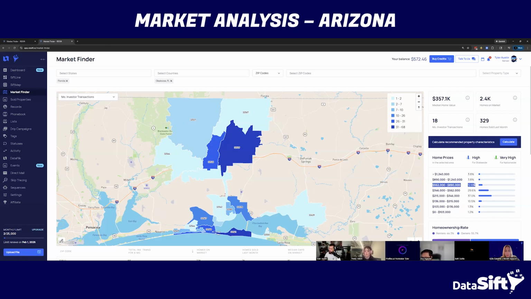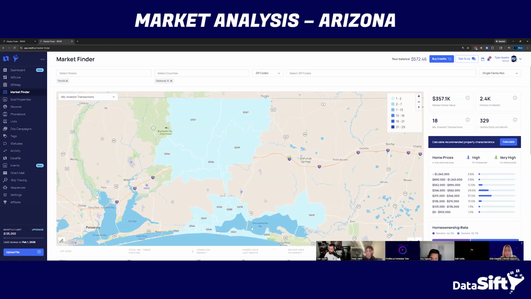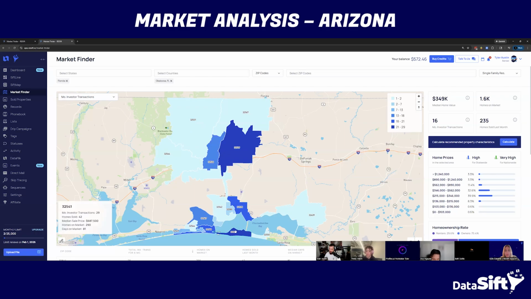I'm removing 90% of the people that I could sell to right off the rip. Why is that? Well, predominantly those investor transactions are Airbnbs, right? They're condos. If I were to remove only single family residences, notice it drops down to 29 investor transactions. The median sales price is still up there across the whole zip code. But I know that, again, it's predominantly going to be